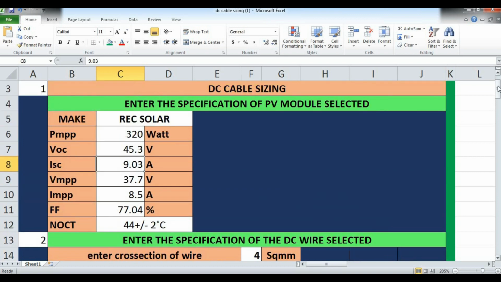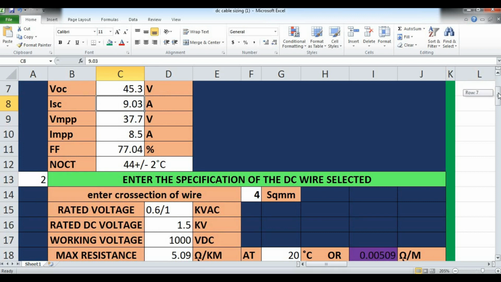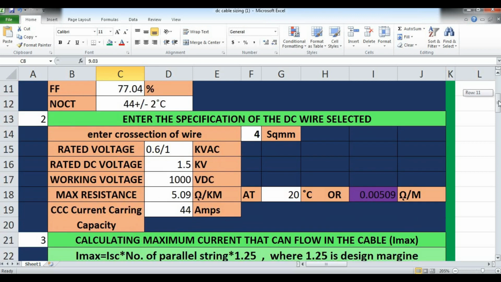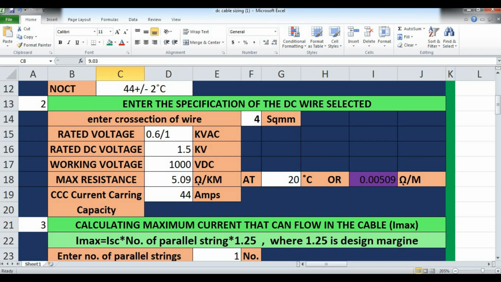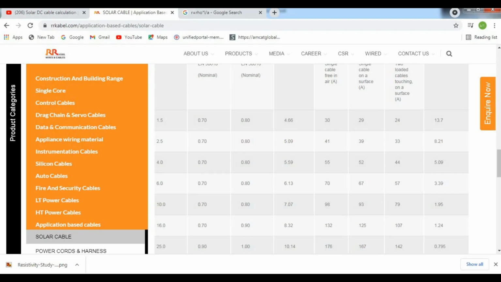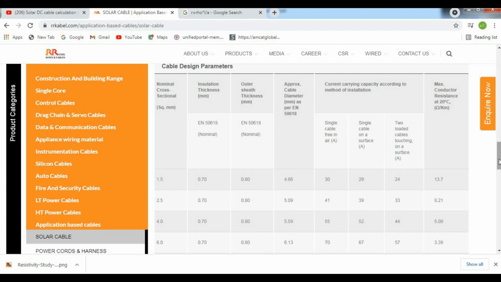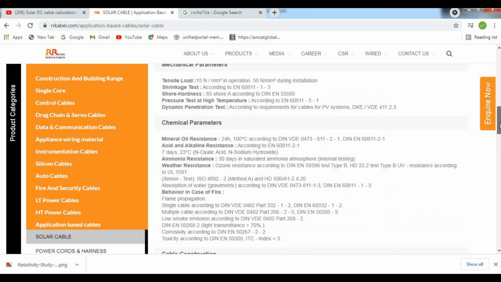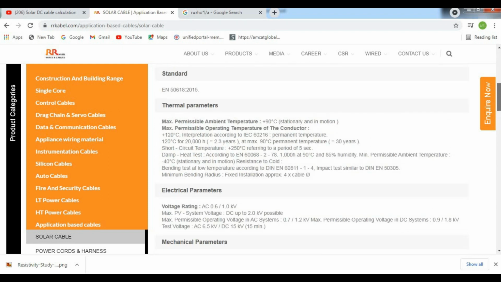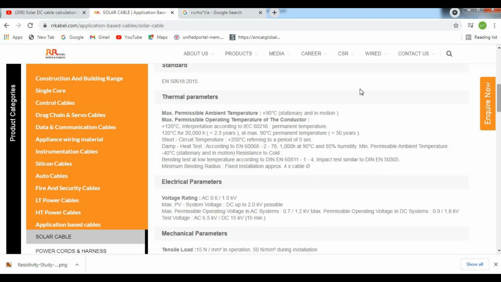Now we will go and check the cable sizing. From where are we getting this cable sizing? As you can see, here I have taken one technical specification for an RR cable. So what do we get in these technical specifications? From the website you can get this. They have given n numbers of parameters for that cable. Like you can see, thermal parameters are given, like what will be the optimum temperature to use it, and what will be the short circuit temperature.